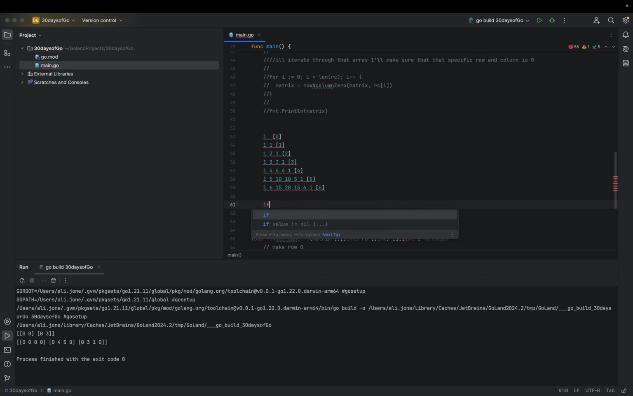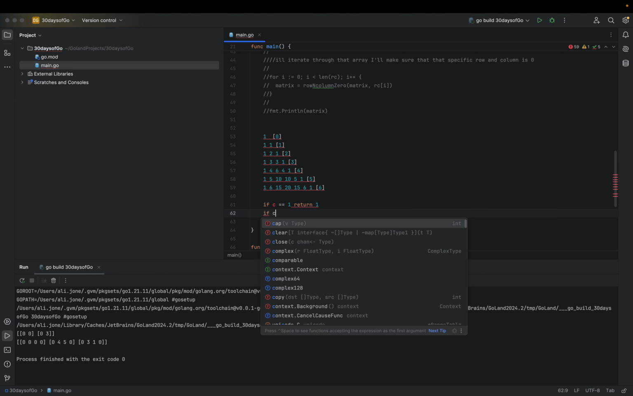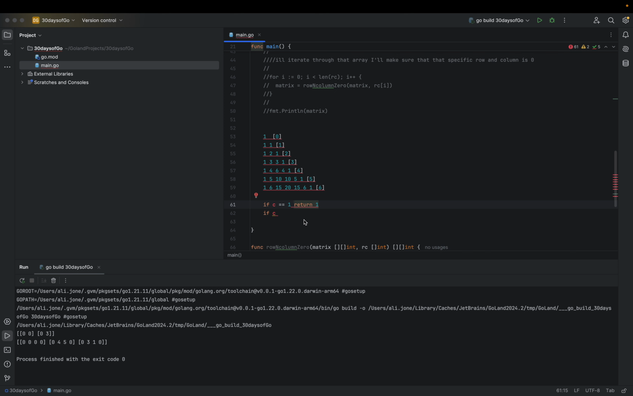Okay, so I know that if c equals 1 or c double equals r, then I can just return 1. Because if c equals 1, then I can just, okay, let's just do this. If c equals 1, then I can return 1, right? If c equals 1, or let's just say, or c double equals